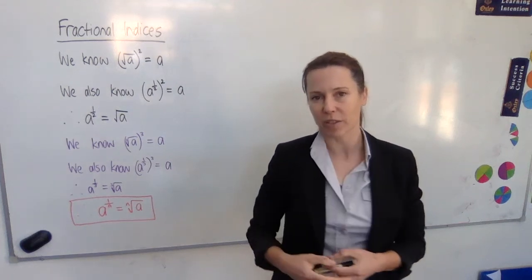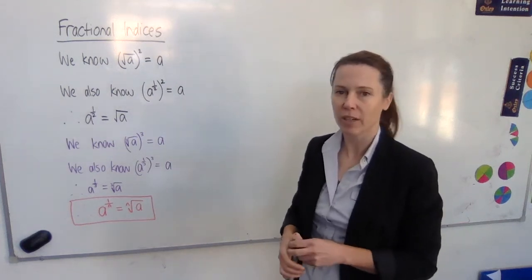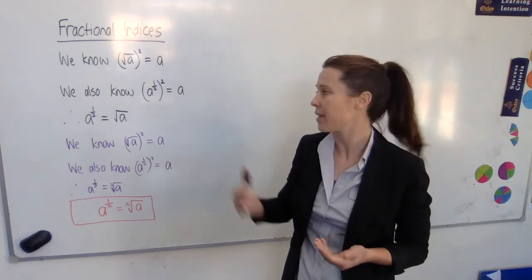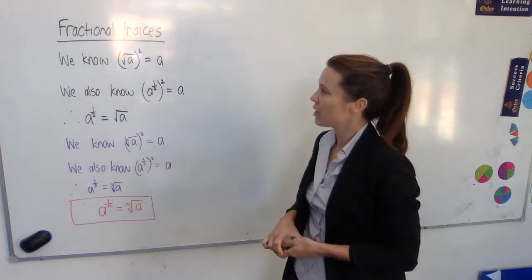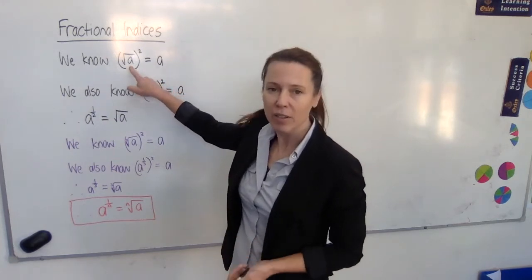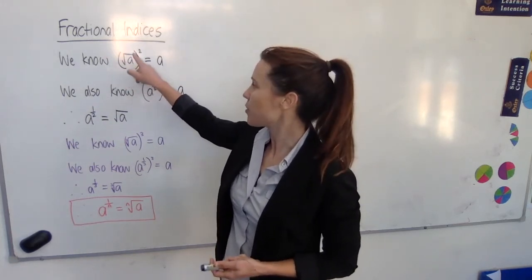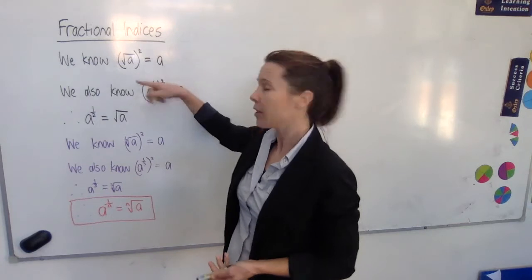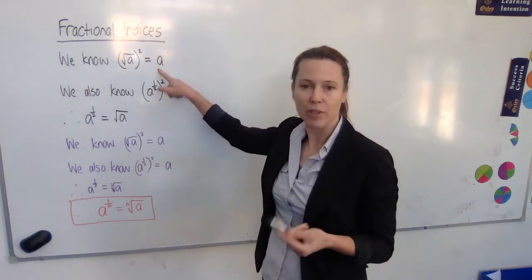To understand fractional indices, all we really need to do is look at a couple of facts that we already know and then deduce something from those. So the first fact that we have here is that if you take any number, let's call it a, and you find the square root of it, but then you also square it, you actually just have that number itself,